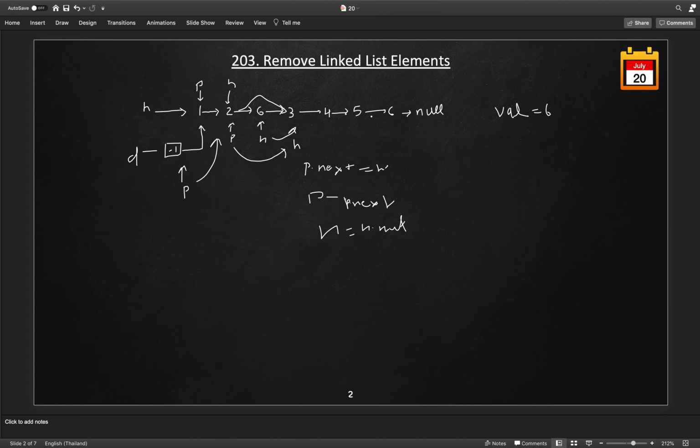Similarly we will continue, and in the end we also remove. But in the end, whenever we have the last node, like here, this head will be here and the previous will be here. If we check, the head will go to the next pointer while our previous is still pointing here and previous dot next is 6. So in the end we just make our previous dot next null, because every time in the end we have to set our previous dot next to null.